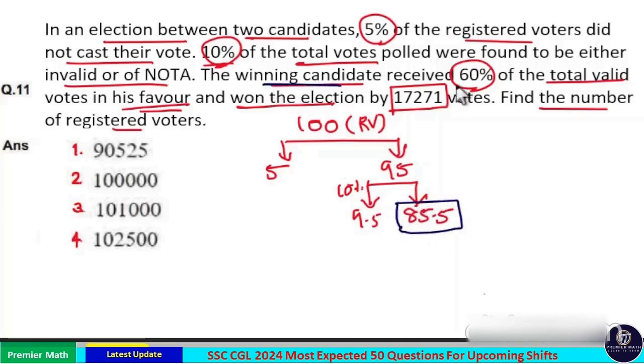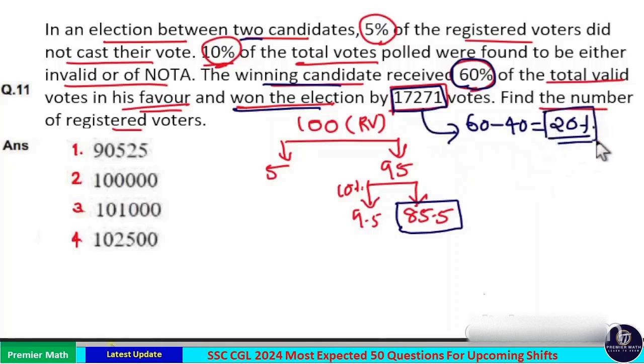Now here the winning candidate received 60% of the total valid votes. That is 60% of 85.5 the winning candidate received. And the winning candidate received 60% means the remaining 40% his opponent received. And he won the election by 17,271, means 60 minus 40, the difference is 20%. So he won by this difference. He won by 20%. So 20% of the total valid votes 85.5 is equal to